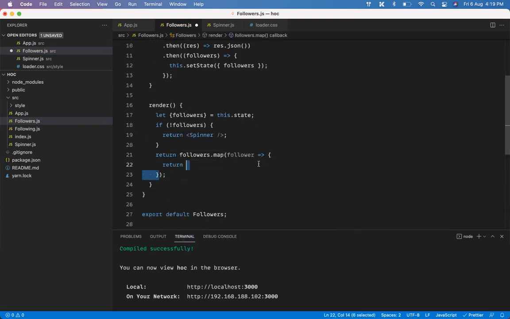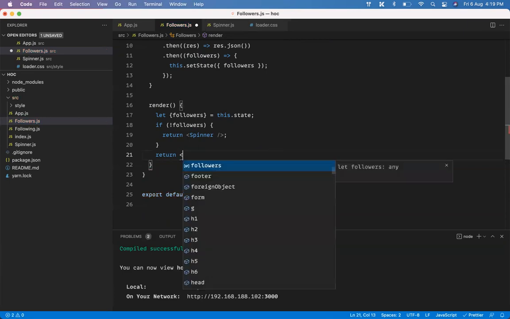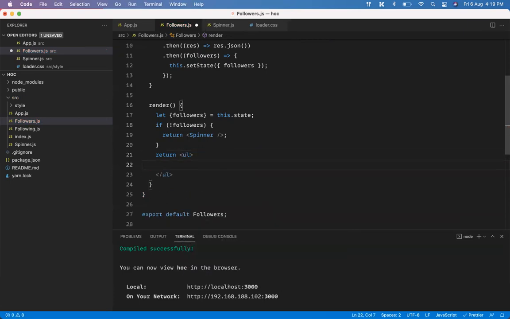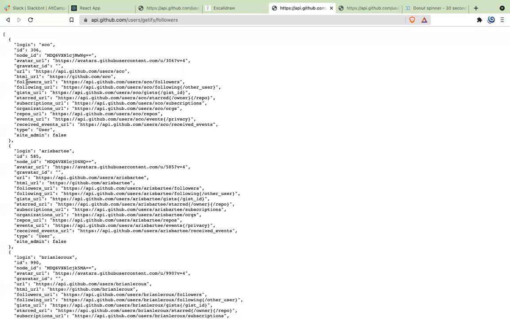First, it should have a ul element, and then we should have this. So let's have ul. Inside this, we are going to write JavaScript, and we will return li. Inside li, what do you want to display information of? Let us display the basic information like the avatar.